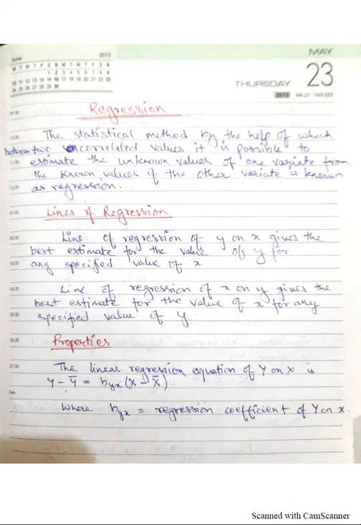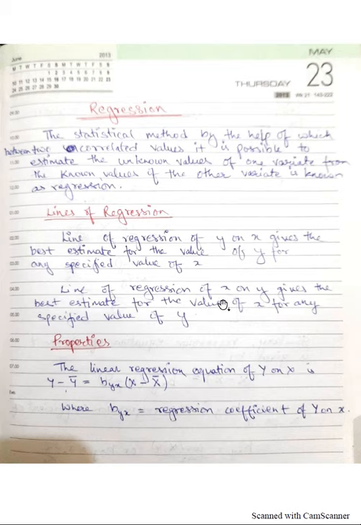So if we have estimated a line of regression of y on x, and if we are asked to estimate a value of y for a given value of x, suppose someone asks you, for two particular variables for which different sets of data are given, if the value of x is 30, how much will be the value of y? So that can be estimated by the use of the line of regression of y on x.